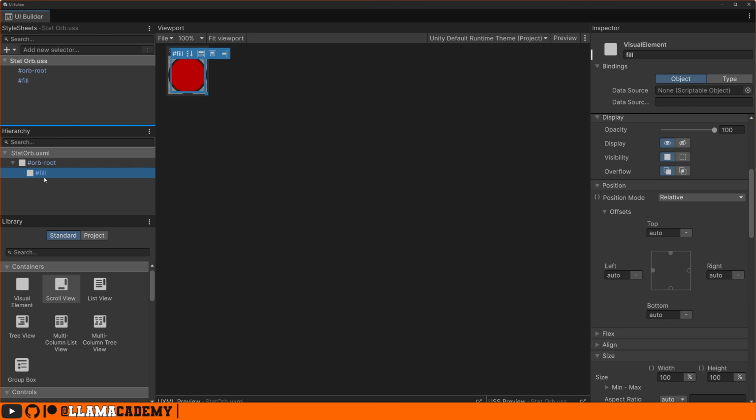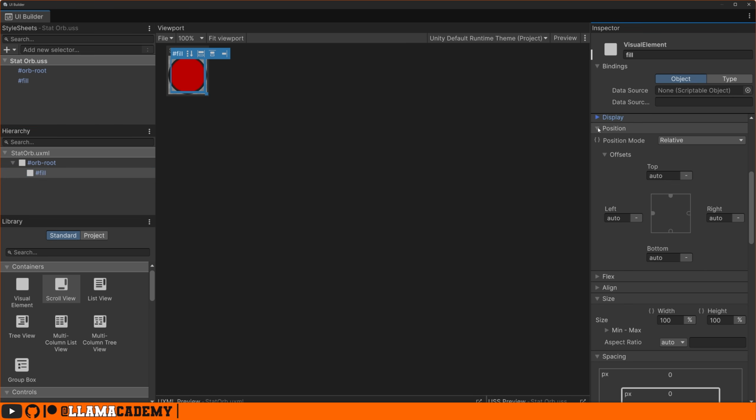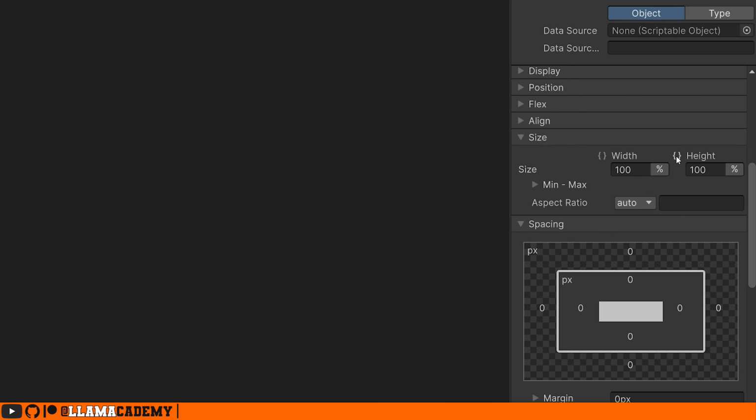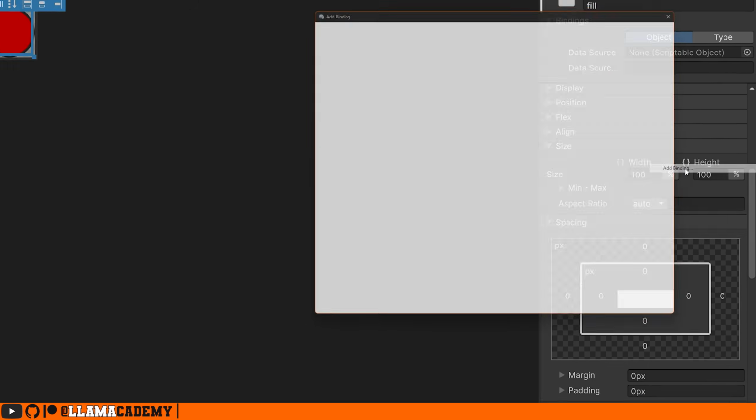The way data binding works, we go into this in depth in the UI Toolkit Fundamentals course. But the short answer for us today in this video is we want to manipulate our size, our height specifically, based on the health scriptable object value. So over here in our size height, if we just click over here on height and say add binding, it